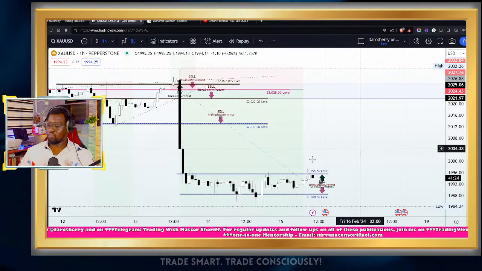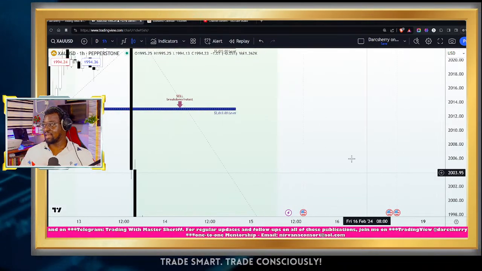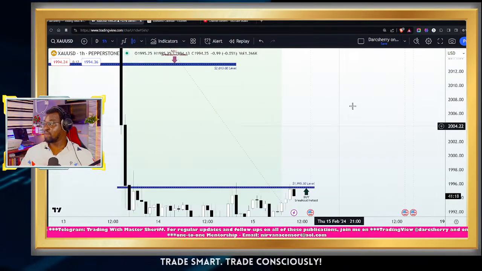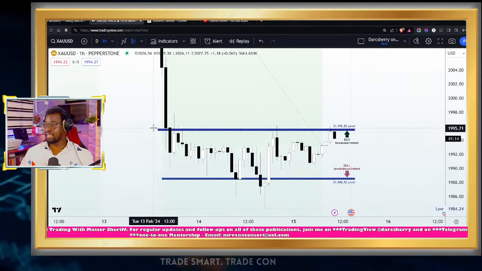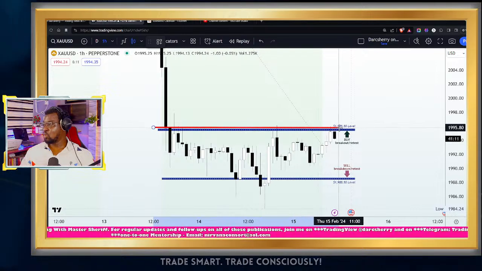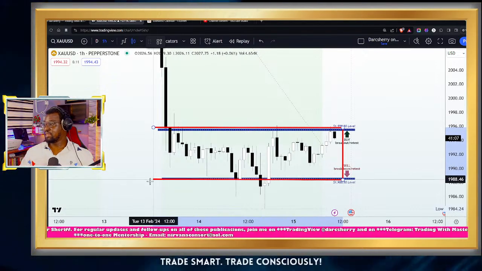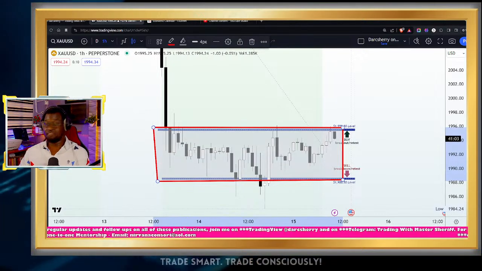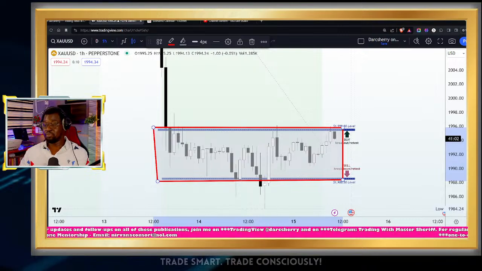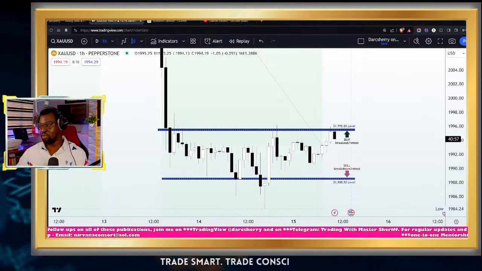Now, if we look at what has been going on in this market, it's quite interesting that in the last 48 hours, price action has been range bound. As you will see, price has been confined within the $1,995.50 level and the $1,988.50 area, to emphasize the prevailing uncertainty in this market at this particular point in time.